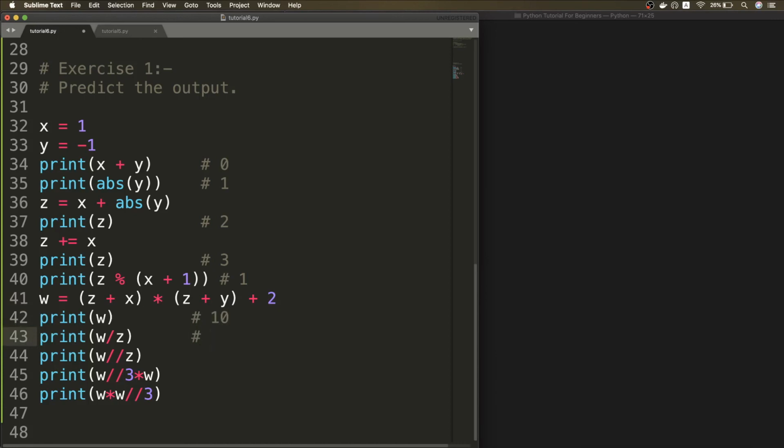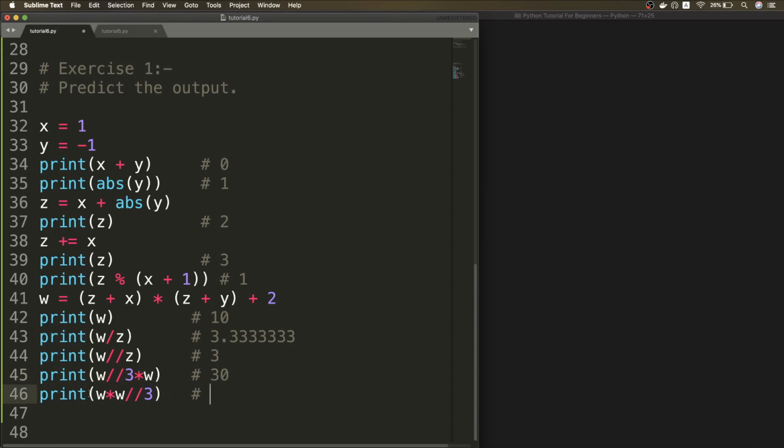When we do a normal division with z, we should see something like 3.33333, because it's a float division. When we do integer division, we should see only the quotient, that is 3. Now here both the operators are at the same level of order precedence, so this will get evaluated first. w is 10, we integer divide by 3, which means the quotient, so we get 3, and 3 into 10 gives 30 here.